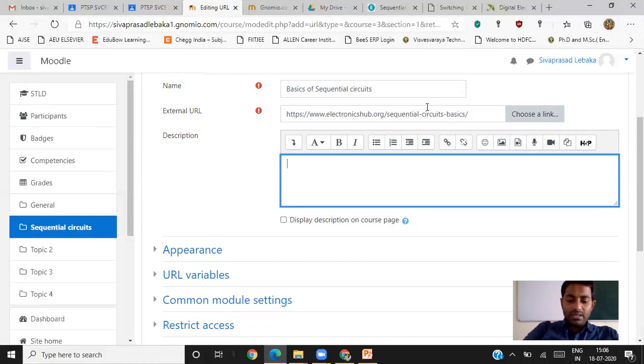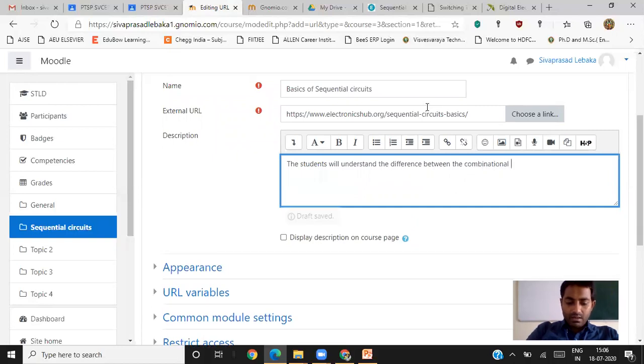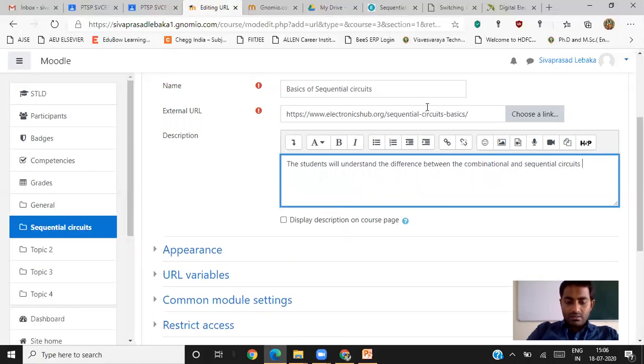I can simply give: students will understand the difference between the combinational and sequential circuits. Okay, so this is the purpose.